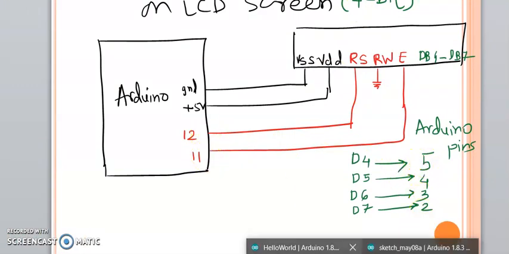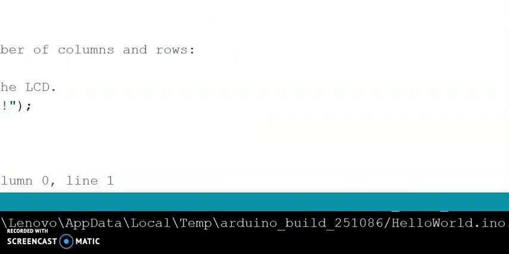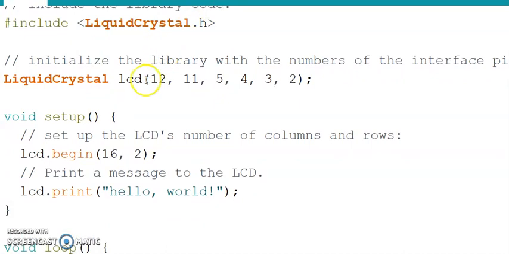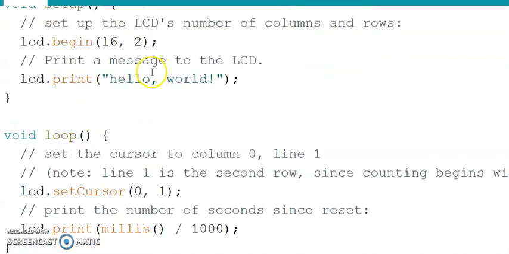It's simple. So depending upon your interfacing, you are going to declare here the pin numbers which need to be used from Arduino, so that Arduino IDE will know that these pins are going to be used with the LCD. Then in the setup part, as discussed earlier, we are going to do the setup, and in the loop part we are going to actually define the functionality of the code.